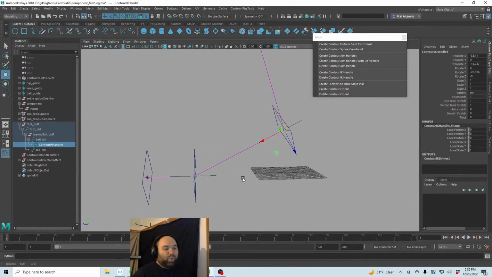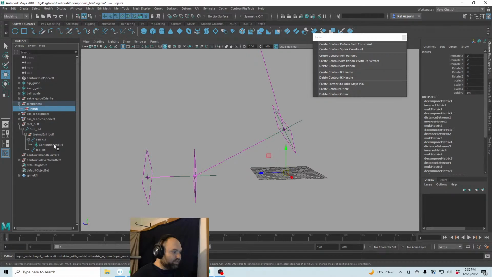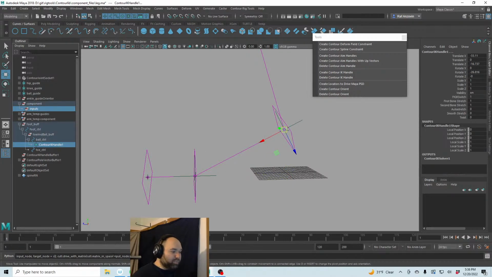So here's where the use of putting these inputs all in world space actually becomes really important to how easy it is to put this together. Because watch what I can do here. If I just go back through my things here. Yeah, I don't need that. Yeah, probably that one. Here's what I can do. I'm going to do the inputs, and then the target node is this IK handle, but I'm going to drive it off the,